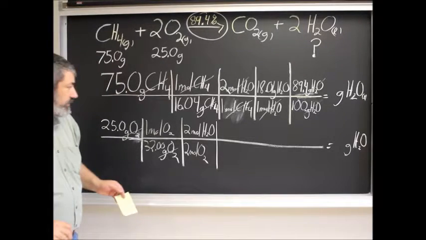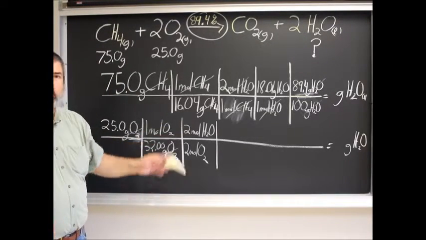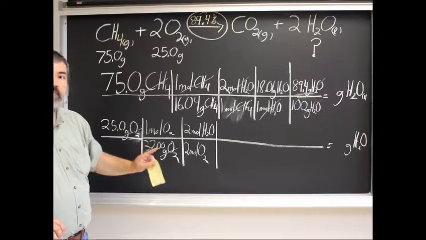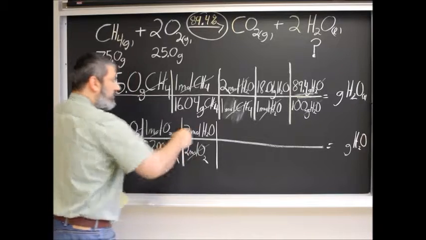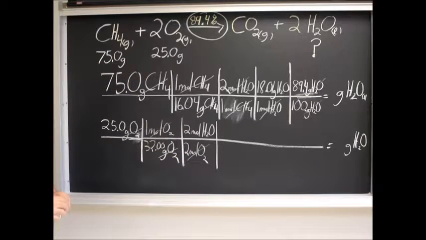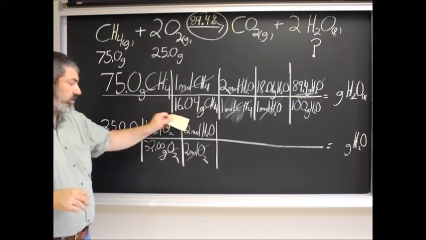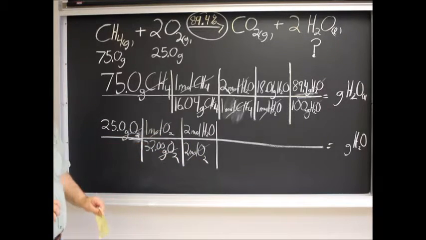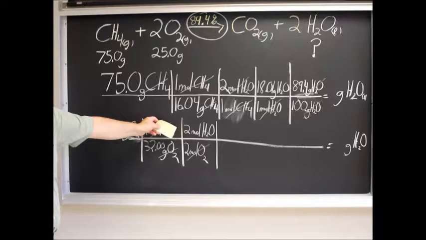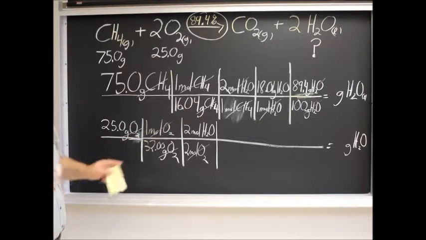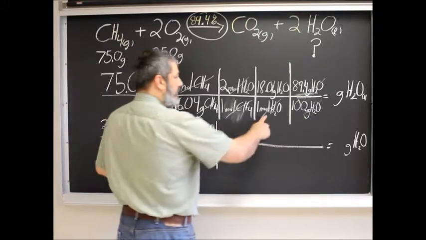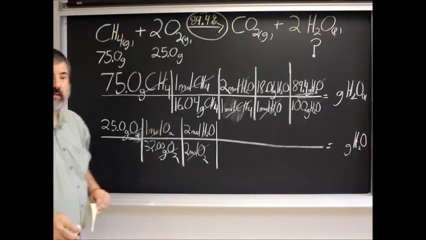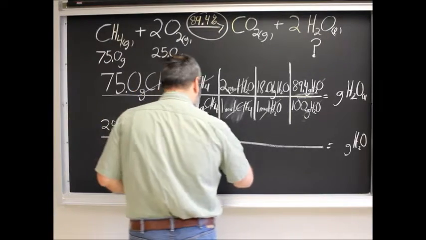Now, from a mathematical point of view, you might say, well, 2 divided by 2 is 1. Why even bother with this step? It's not about the numbers. It's about changing the unit. Moles of oxygen cancel. Now we have moles of water. Doesn't matter what that numerical ratio is. We need this step to flip the units. And one of the things that you can notice, which will help speed things up as you're solving this, is that these last 2 steps are going to be identical. So 1 mole of water